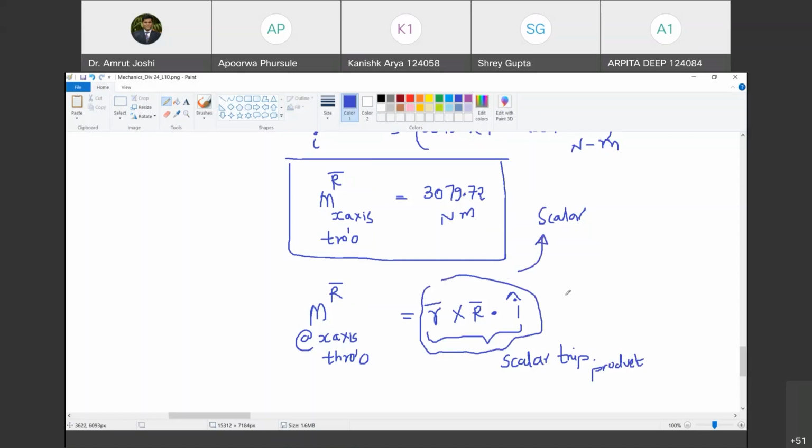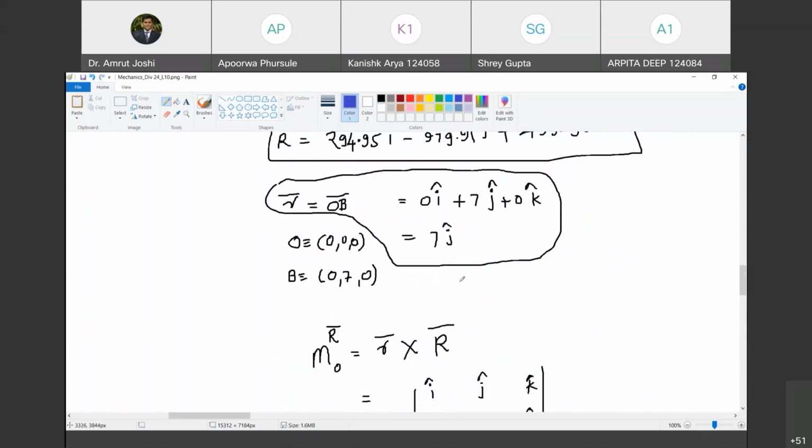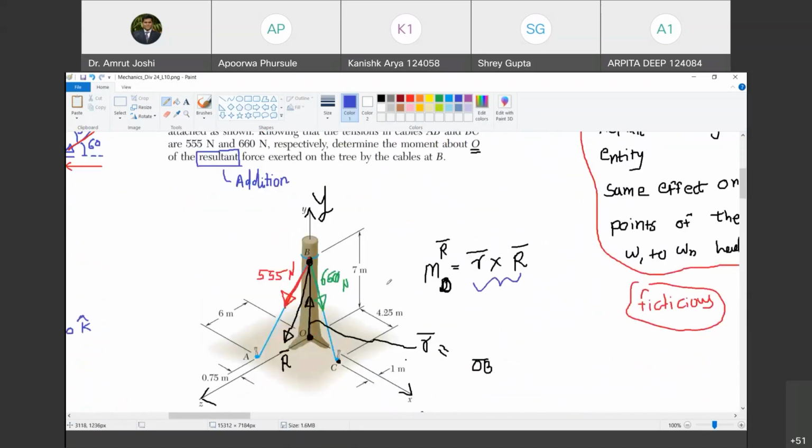Are you with me? Yes, sir. To strengthen this concept, now I am going to define an arbitrary axis. So I define another point E in the space. This is the addition now. The problem solution has been over. Now we are adding to it. I define another point E in space having coordinates 30, 30, and 30.